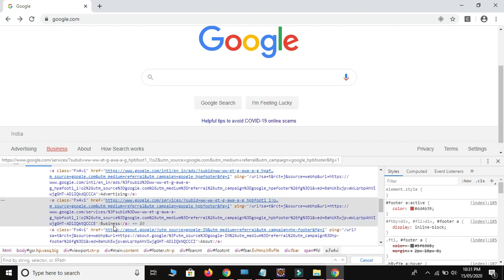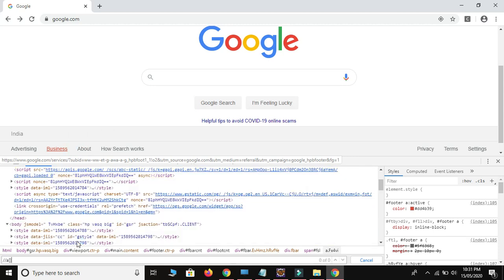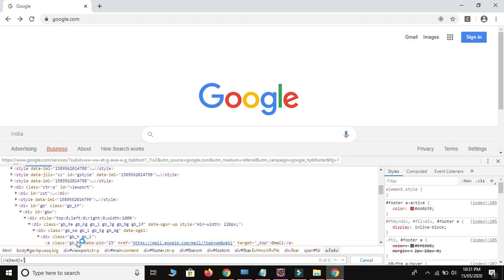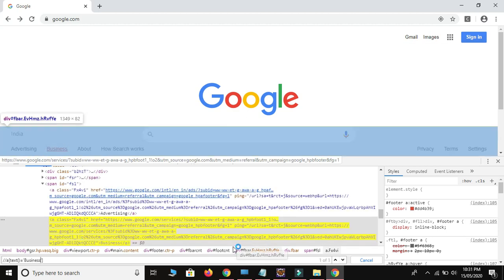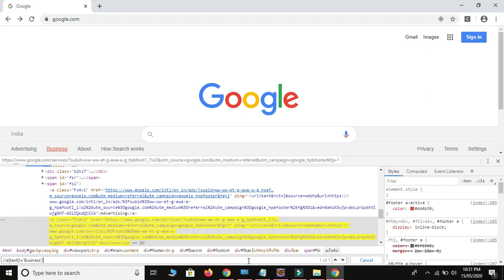Let's jump inside the document by using double forward slash, and our element comes under the A tag, so I will use A. Open and close the square braces, and we use one method, the text method. Text method is equal to, it contains some text business. So I am able to find one of one. Okay, let me copy